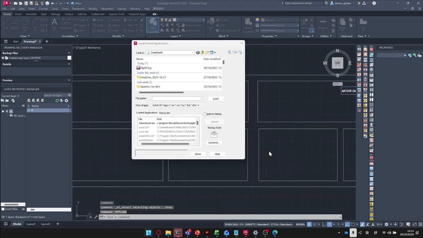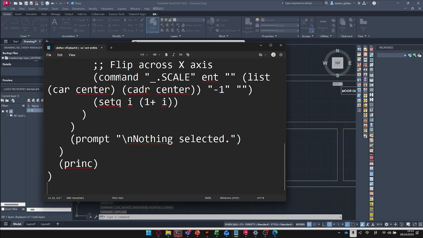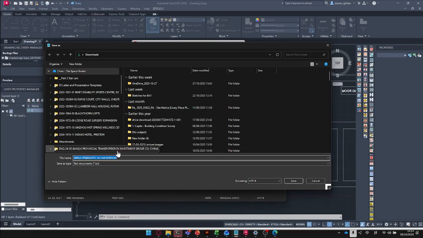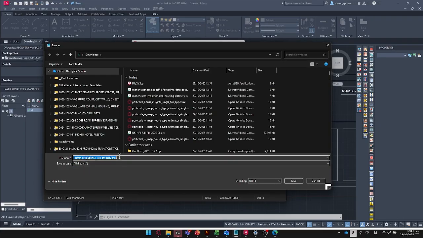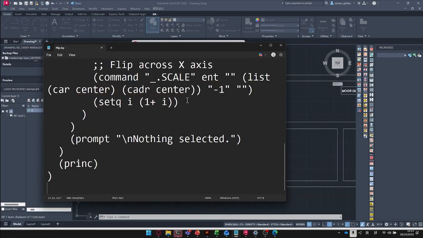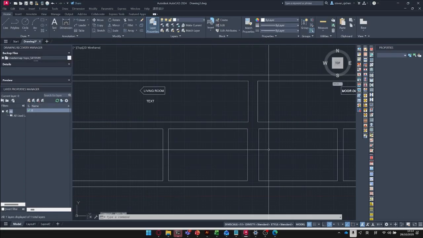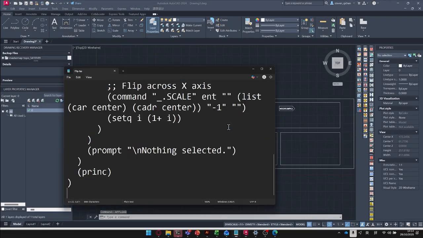upload, paste the script into a Notepad, save this as a Lisp file, and load it from there. And if you do it that way, it opens every time. But just for this purpose,